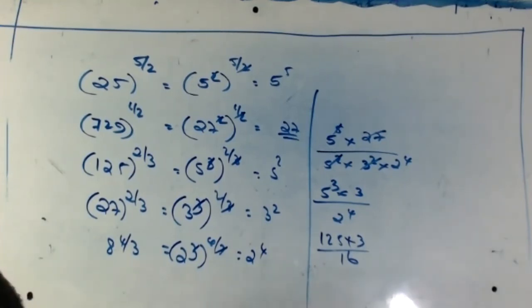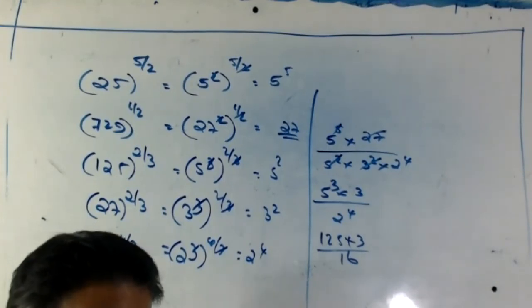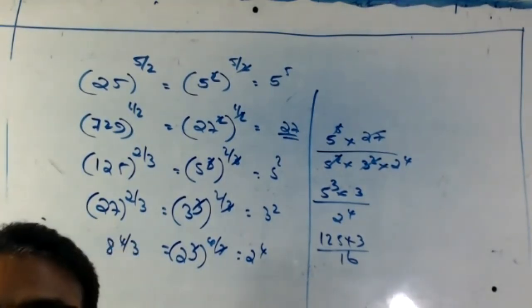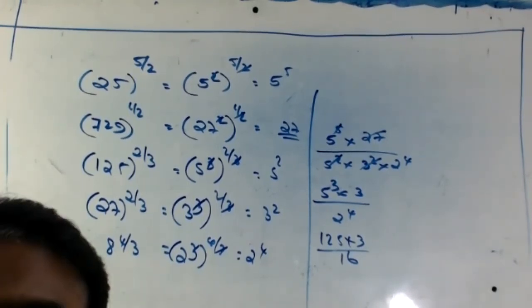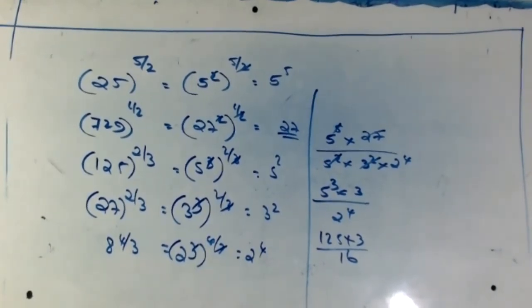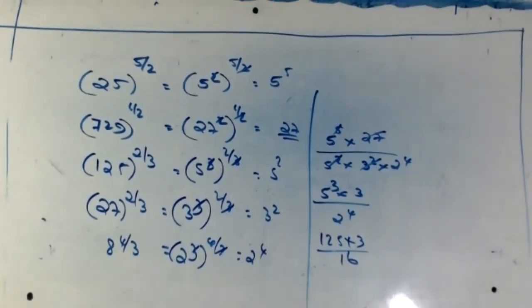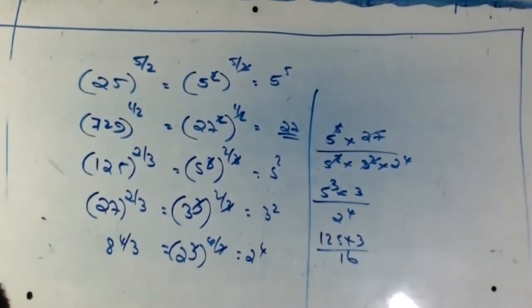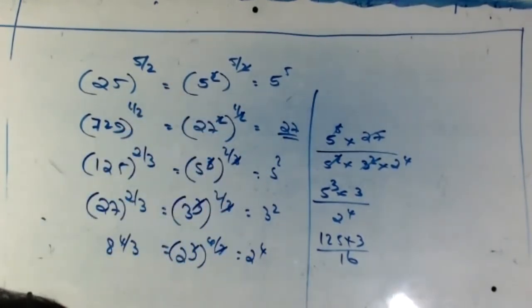So now everyone got it. Correct it now. You understand now? Exponential form, don't do it. Better finalize the answer, because it is very simple now. 5 cube is 125. 3 divided by 2 raised to 4 is 16. What is the problem? Are you okay? Better step by step, then you won't make mistakes.